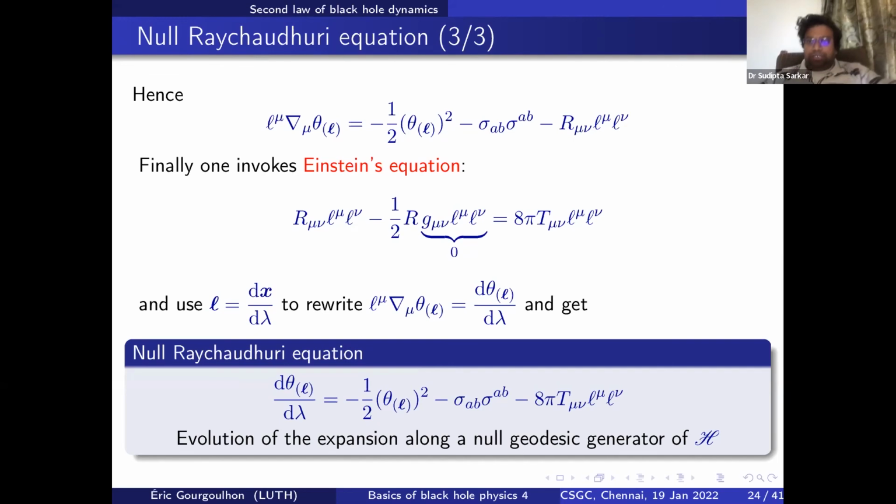There are a couple of questions in the chat box, so we may not be able to take all the questions. There is one question by Sajat Ahmed Bhatt, asking how to relate this kappa to the other kappa which appears in the spin-induced quadrupole. Spin-induced quadrupole? I don't know exactly.